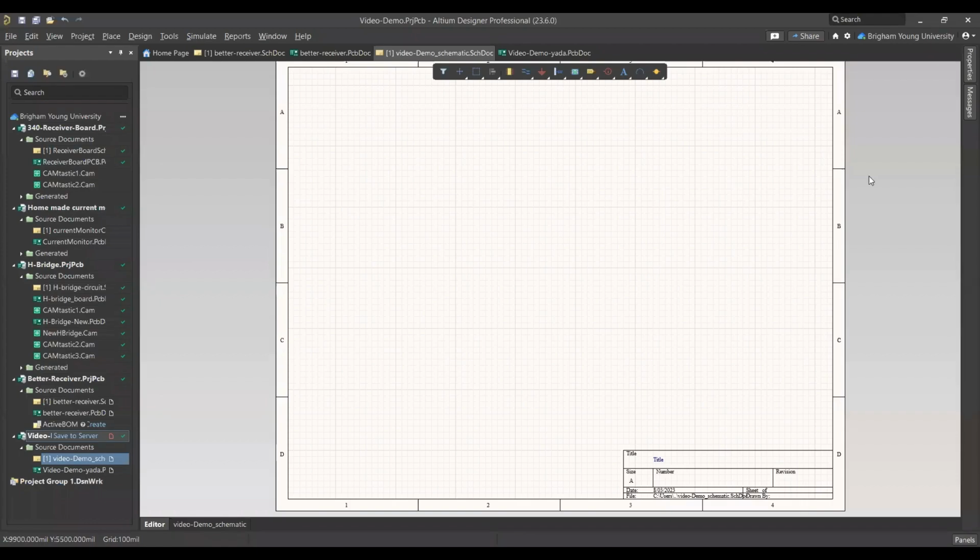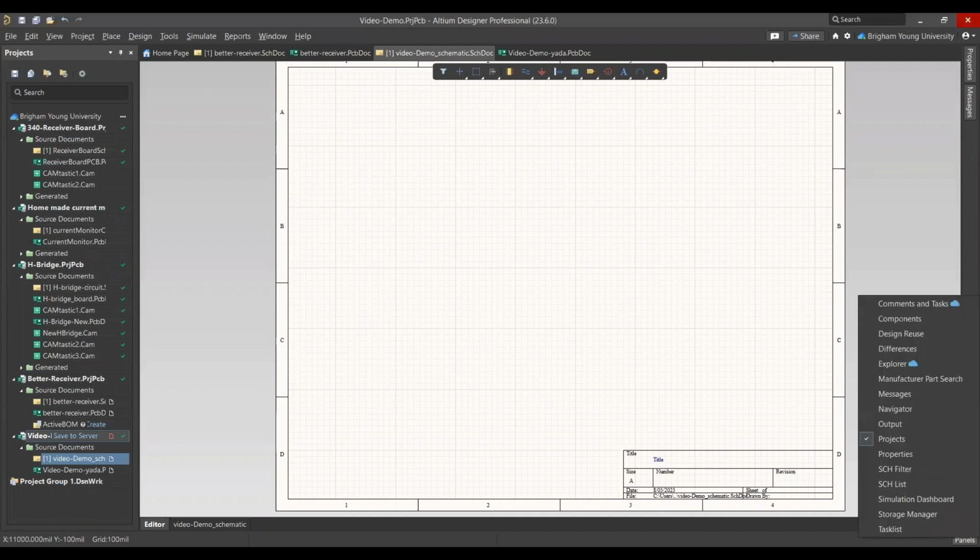Welcome to the 340 video on how to choose and select a component. In this video, I will be covering how to get components onto your schematic file and then how to put them down and rotate them. But I won't be covering how to connect them or what most of these buttons up here do for now. So in order to find components, the best way to do it would be to click Panels